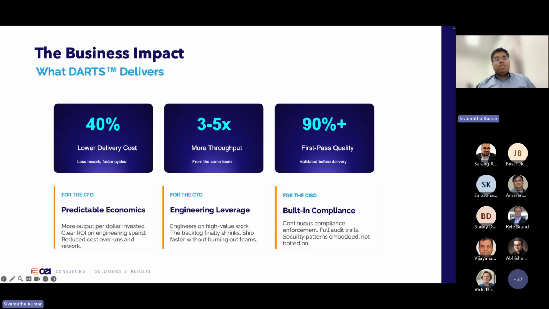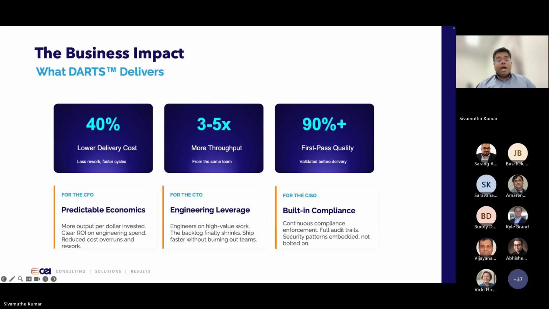So we have done this implementation in 50 plus engagements with enterprises. Looking across these implementations, the business impact of the DARTS offering is pretty consistent. We are seeing around 40% lower delivery cost, less rework, fewer manual steps, and more reuse of the agents and patterns.